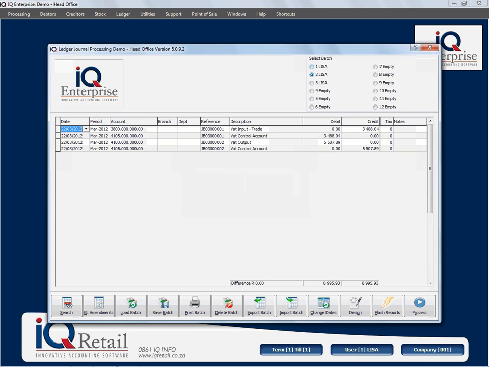If we look at our next batch, here I haven't selected the branches yet and I haven't selected the departments, but this is an example of what you would do with your VAT. You would basically take your VAT amount for the 2 months out of VAT input and put it into VAT control, and the same with output VAT. You'll debit output VAT, credit VAT control,